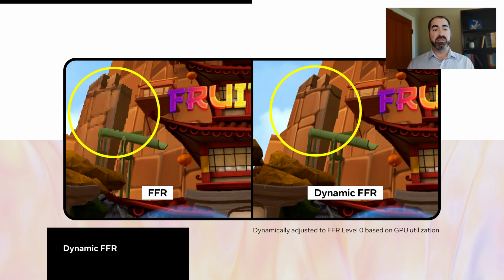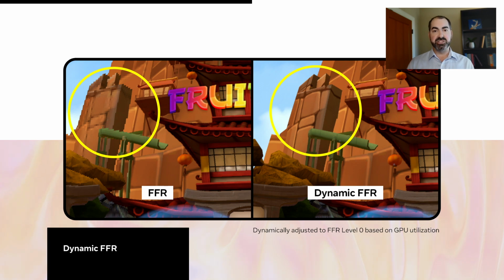Fixed Foveated Rendering, or FFR, has been a great tool for improving app perf. It allows apps to render at the periphery of the scene at lower resolution than the center, which reduces overhead. In the past, developers had to hand-tune FFR settings for individual device targets. But with a feature called Dynamic FFR that launched earlier this year, the system will dynamically adapt foveation level based